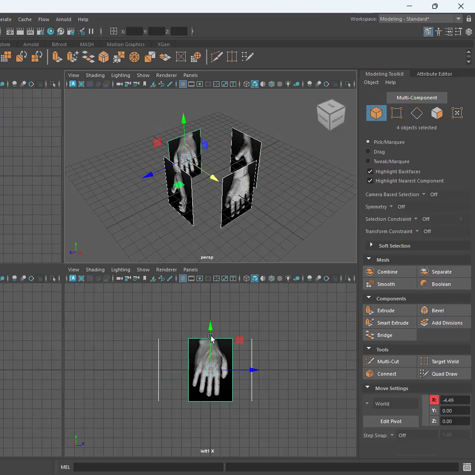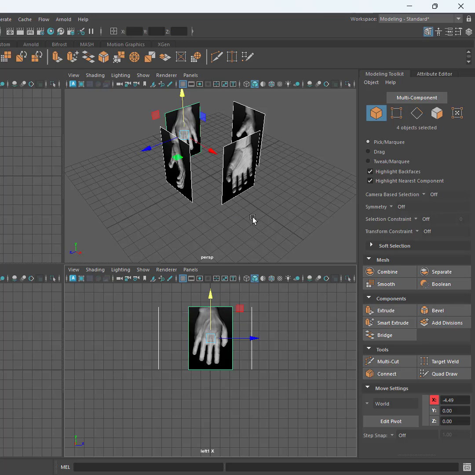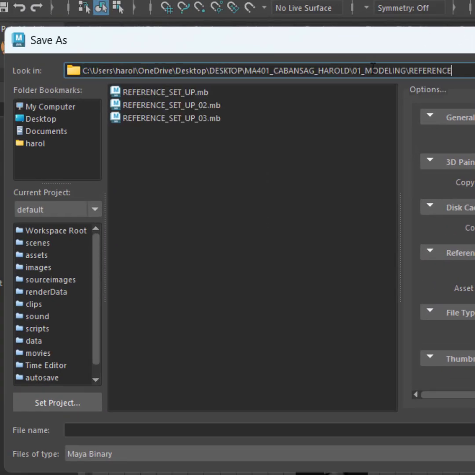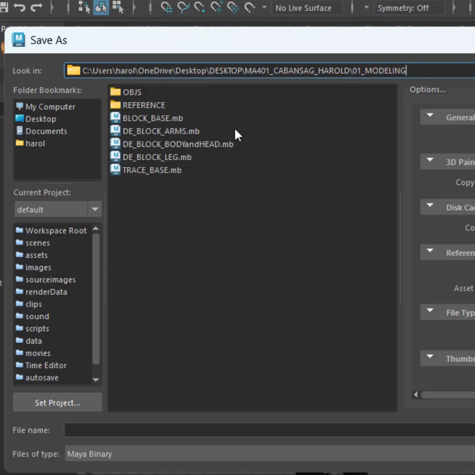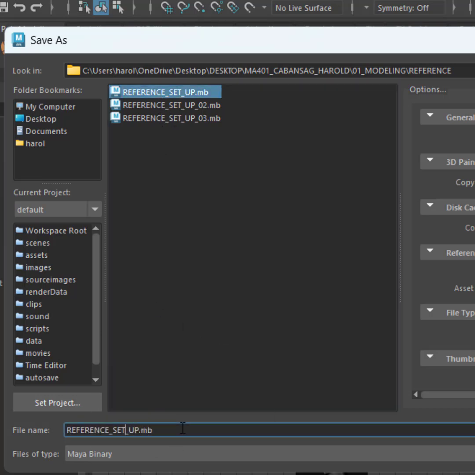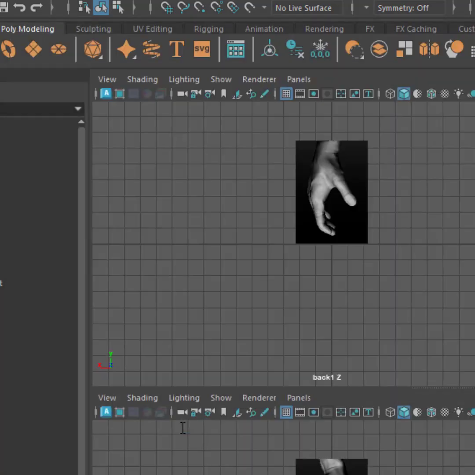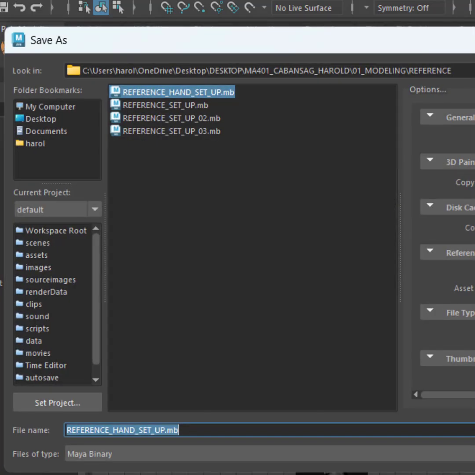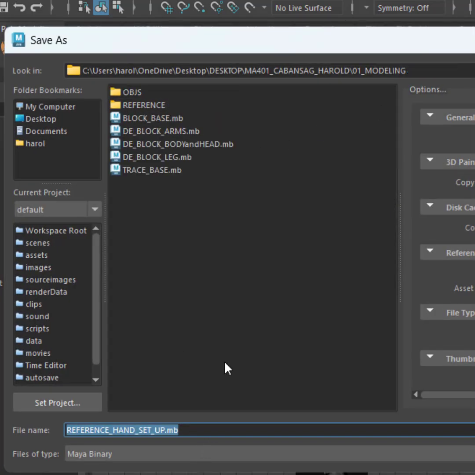Let me raise them up there, saving the work. I'll save this as reference hand underscore setup. Okay, and then I'll just file, save it once more, save scene as, this time I'll save it as my hand base,